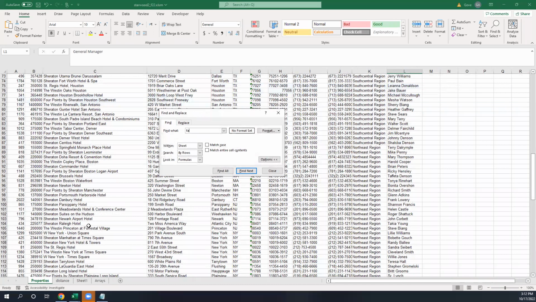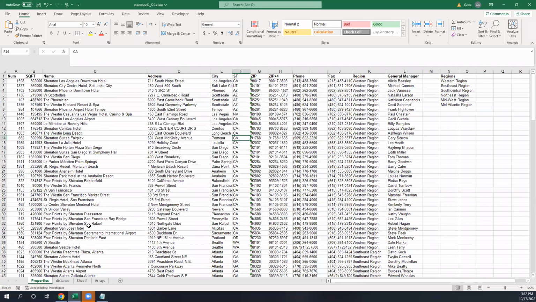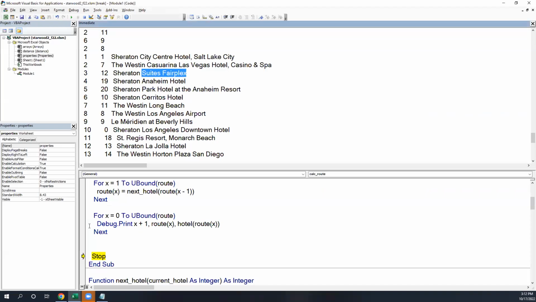Properties, Fairplex, F-A-I-R-P-L-E-X. That is in Pomona, California. Anyone know where Pomona is? Really? No one knows where Pomona is? It's near Los Angeles. I think it's in the San Joaquin Valley. Anyway,